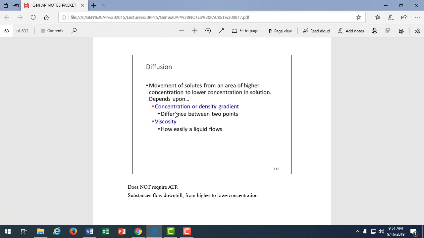So it depends on how concentrated it is, right? If I did 10 pumps of my perfume, you'd smell more of it in the back. If I did 1 pump, you'd smell less, right? It'd be less concentrated with 1 pump on the spray versus 10. And viscosity, if we're looking at diffusion of a liquid, is how easily that flows. So for example, a highly viscous fluid, viscosity is a measurement of resistance to flow. So low viscosity means that it's very